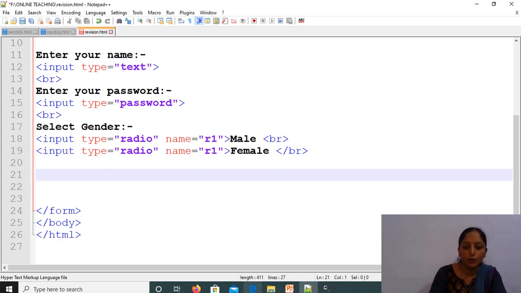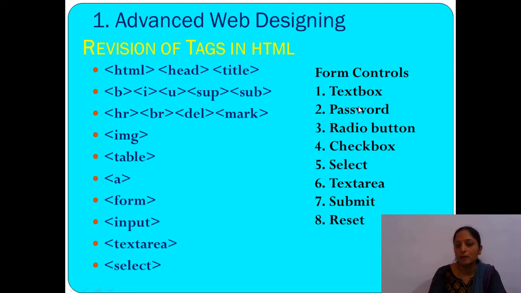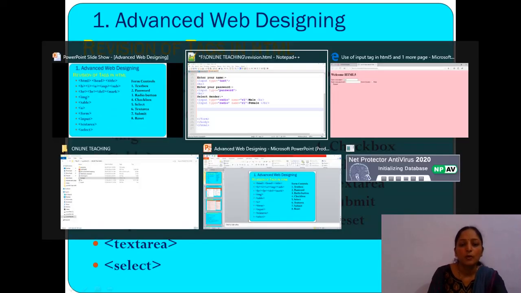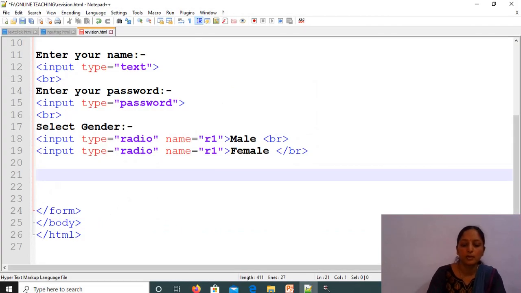Next control of the form. Just observe here, this is a text box, password, radio button. Now we want to display the checkbox, we want to accept data through the checkbox. So now we are going to use the checkboxes. For that, suppose we write "select your subject".